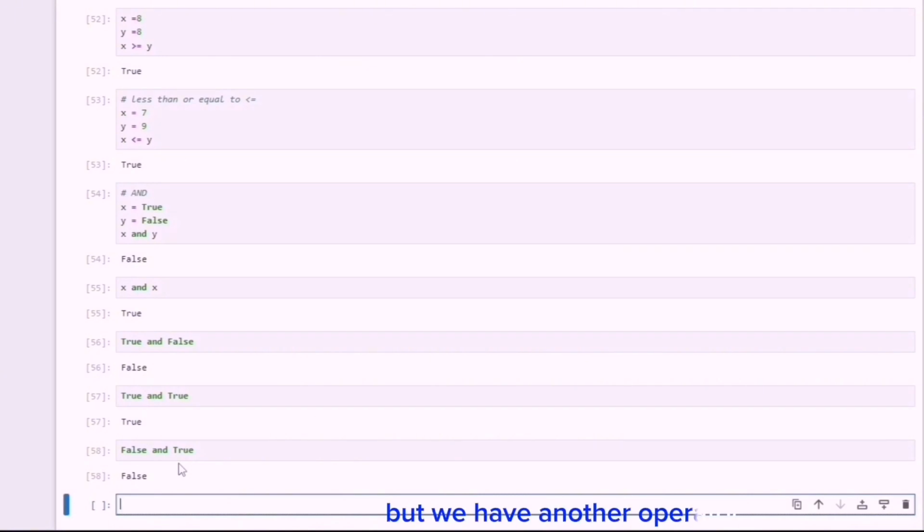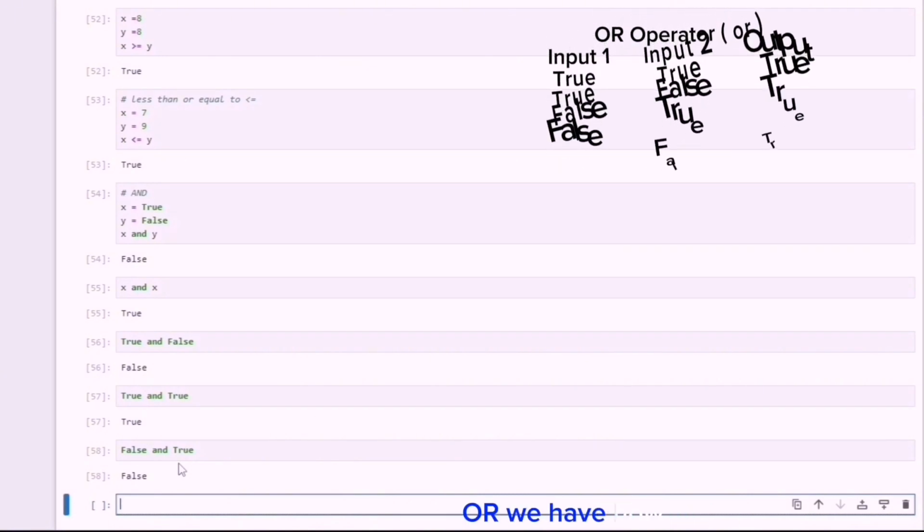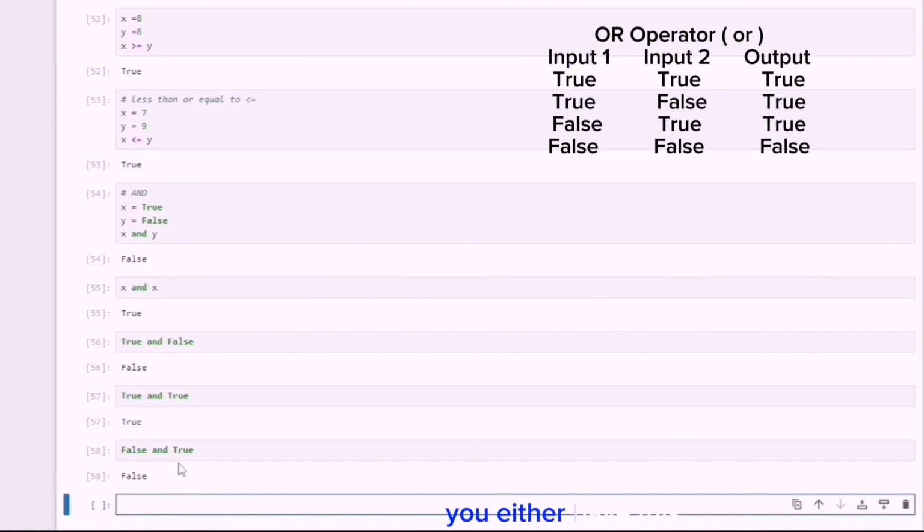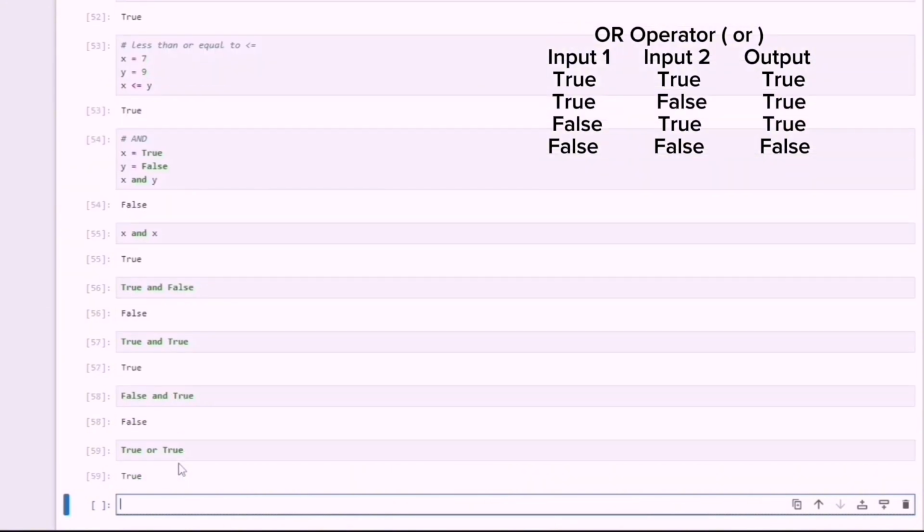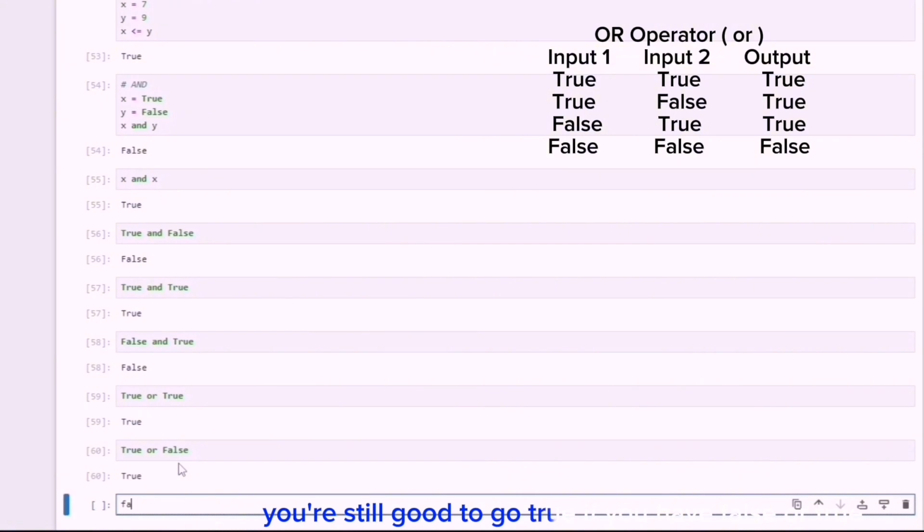But when we have another operator, which is OR, how OR works is you either have this or you have this. If you have both, it's fine. But you either have this or this. So that means in OR, if you have both, it's fine. So if we have true or true, true, that means if you score this or you score this, you are good to go. If you have true or false, you are still good to go. True. If you have false or true,